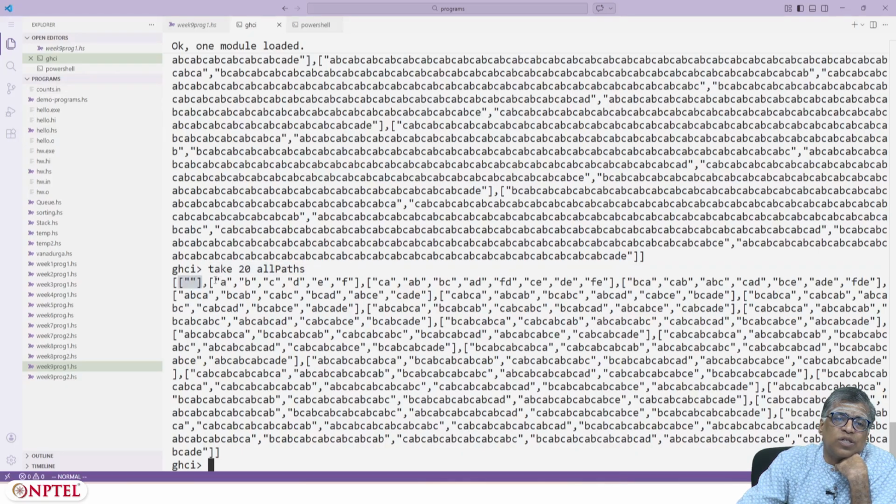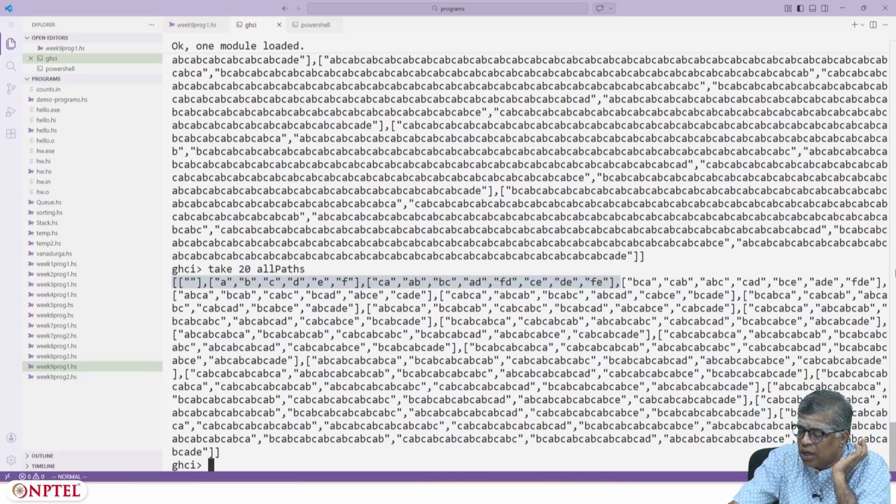This is the list consisting of all length 1 paths. Here you have the list consisting of all length 2 paths. Conveniently, our vertices are characters, so each path is just represented in that string notation. This is all the length 3 paths. Here you have all the length 10 paths and so on and so forth. Here are all the length 20 paths.